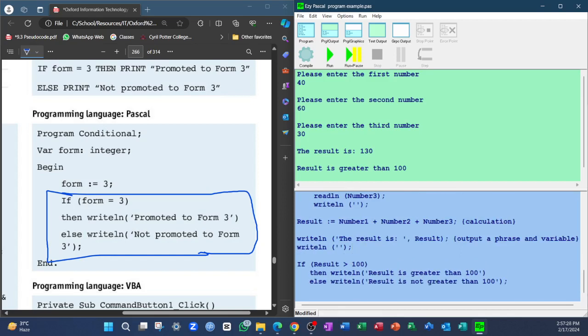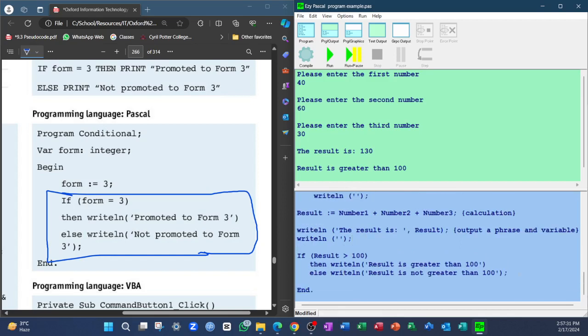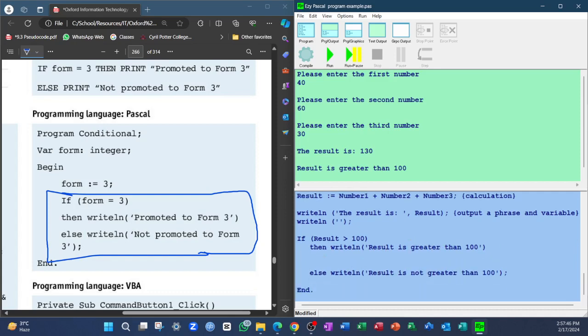Now we're going to look at, still on the if, how we can add multiple actions, multiple statements in the then part and the else part. Because look at what is going to happen. So I just created some space there so that I can add some additional statements. And I'm going to write in here. So this is an additional statement to be carried out in this then part. So writeLine, open bracket, quotation mark,